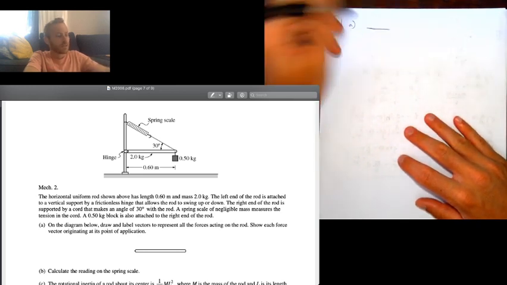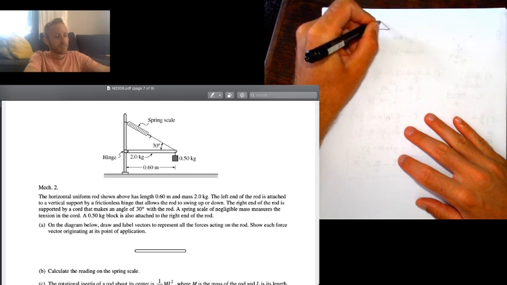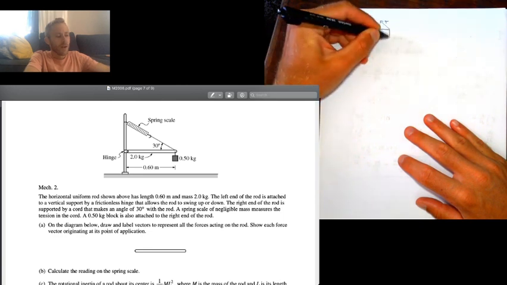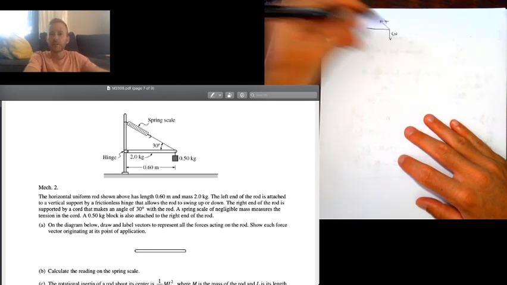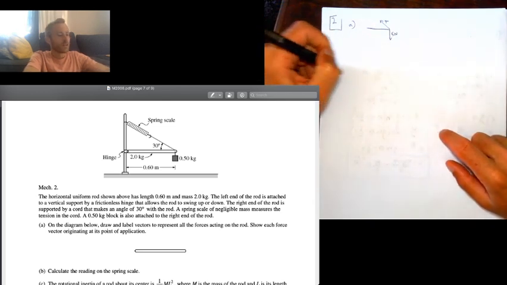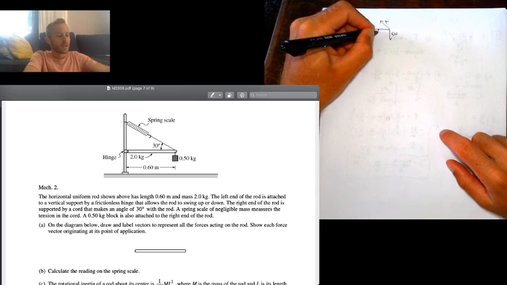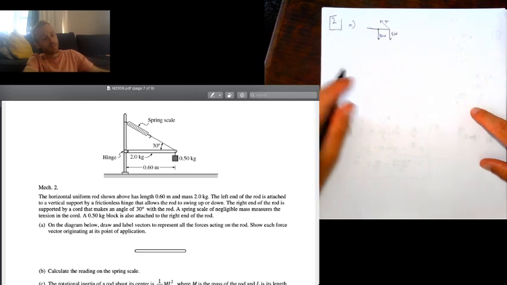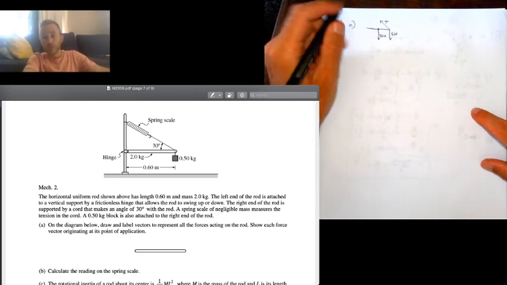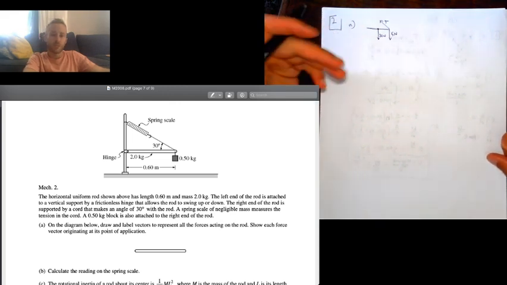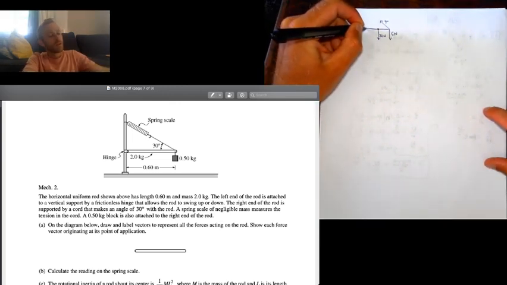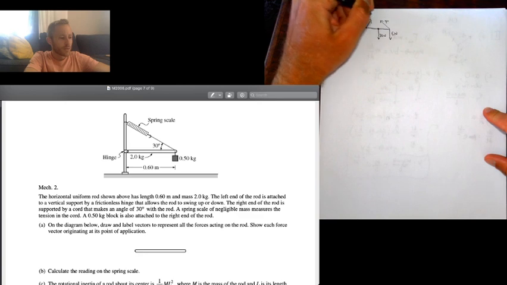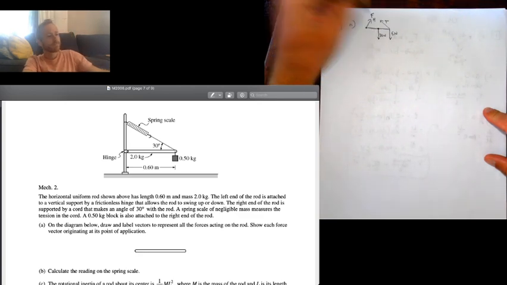Okay, so we've got the tension, which is right here. We've got 5 newtons from the hanging mass. We've got 20 newtons acting from that point right there. That's the weight force on the rod, and the weight force from the rod acts from the center of mass. And then we can't forget that the hinge has to apply a force as well, which I'll call F sub H. Okay?